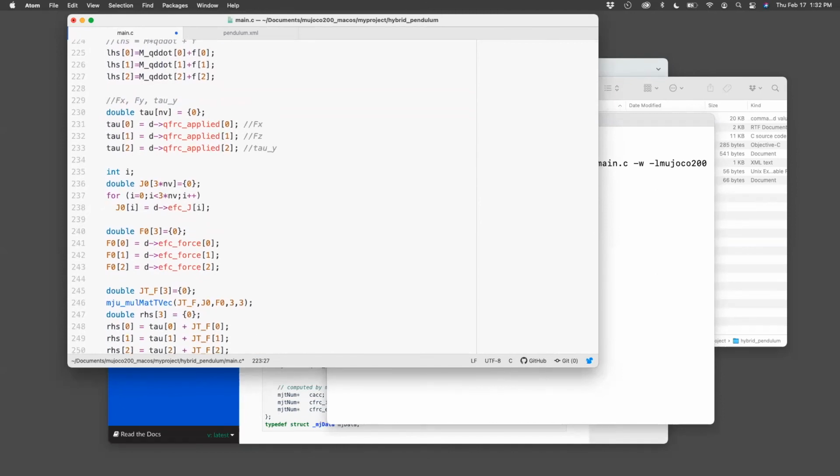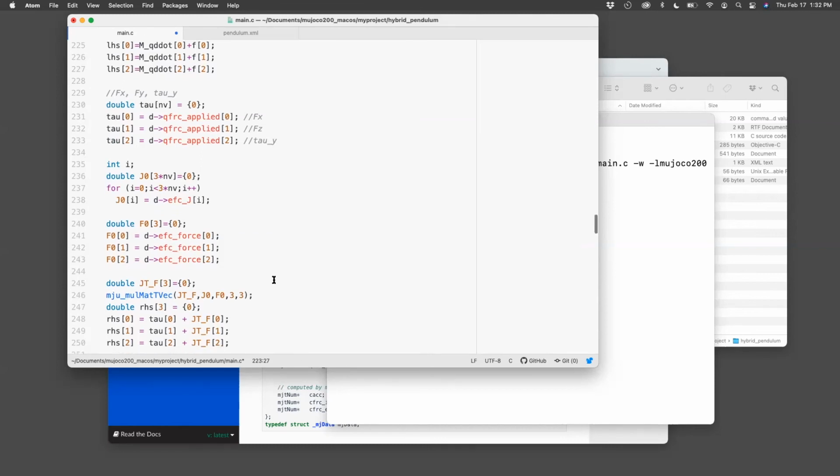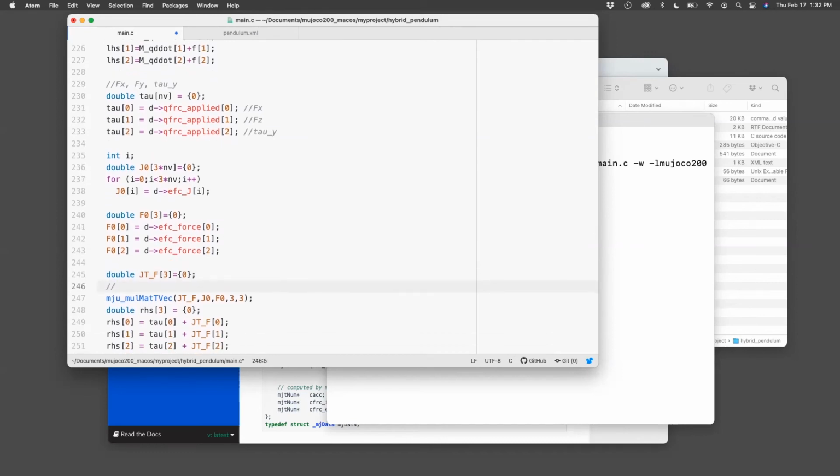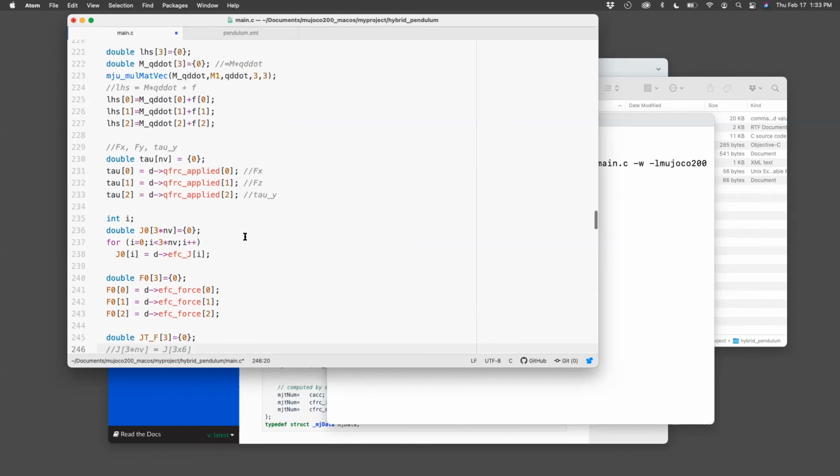J. Is that right? Yes, because... so why would J be 6 by 6? So J is 3 times NV, right? But NV is 3 times 6. Okay, so my bad. It won't be 6 NV times 6 by 6, but it'll be 3 times 6. 3 comes because the constraints are in X, Y, and Z. And then the 6 comes because there are 6 degrees of freedom now, 3 from the first pendulum, 3 from the second. So J would be